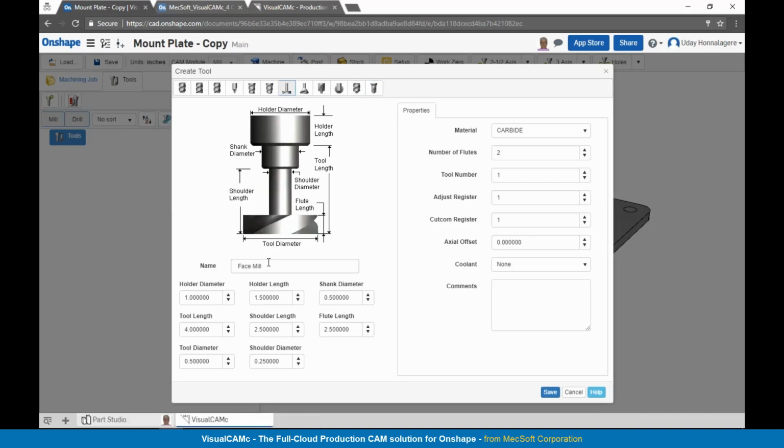Now, for the facing operation, I'm going to define a face mill in here, where I can establish the properties for the tool. I'm going to enter in the shoulder length, the flute length. So as you key in the information, you're defining your tool definition for the facing operation. You can also establish the tool numbers, your material for the tool, your coolant type, and then you pick save